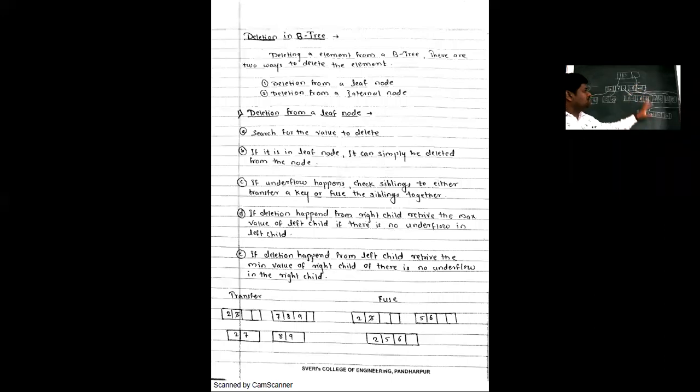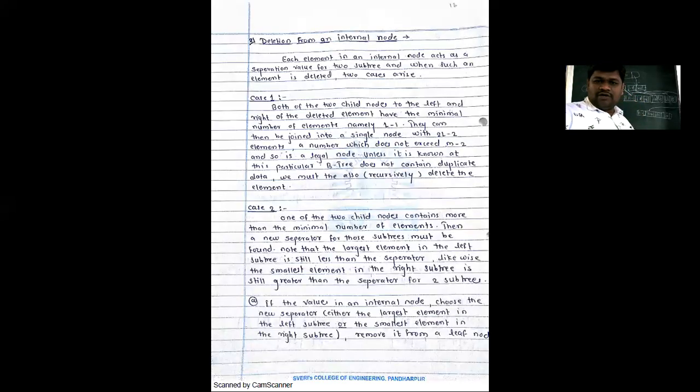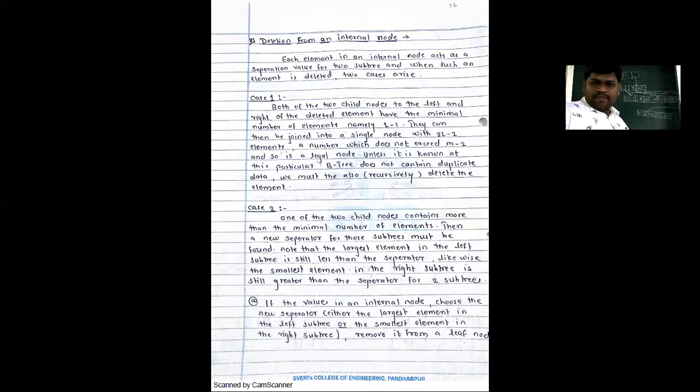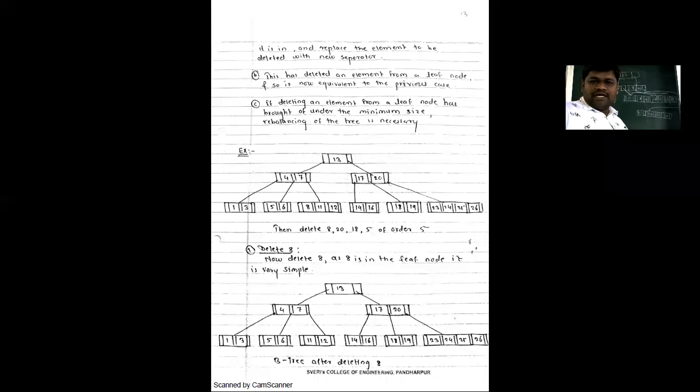After that, depending on the keys, where it is present, which key you are deleting, the deletion operation differs. We'll see the concept, where to use the transfers and everything. Now we'll see the examples directly.